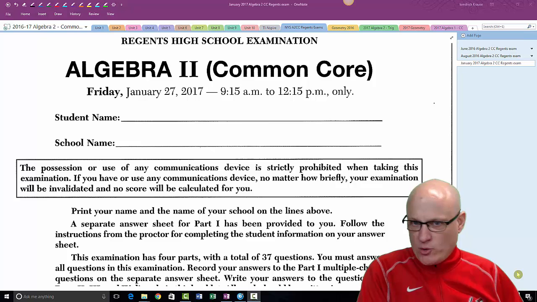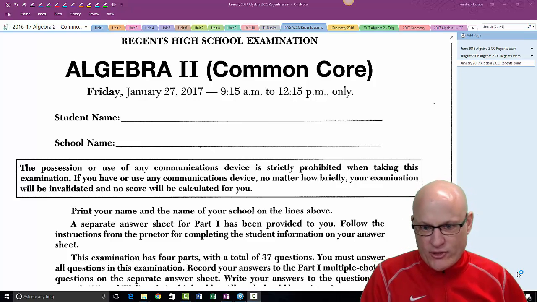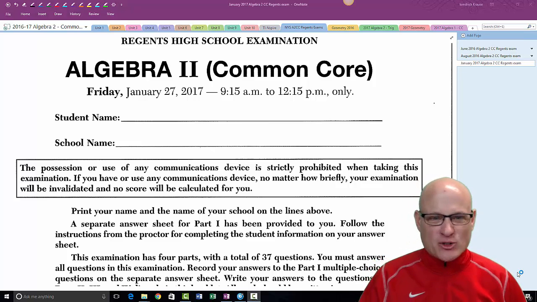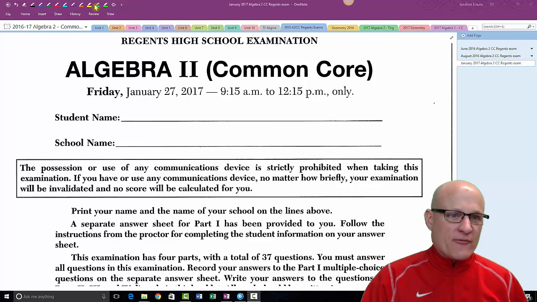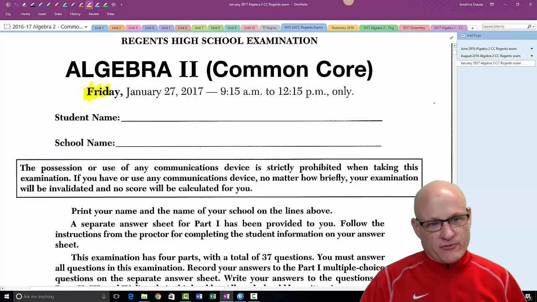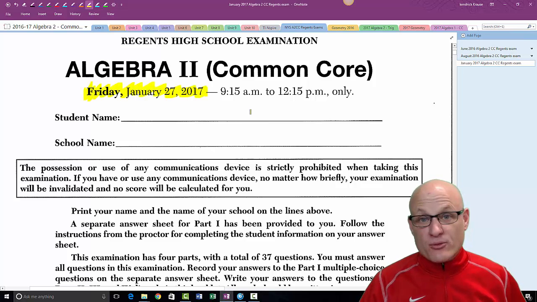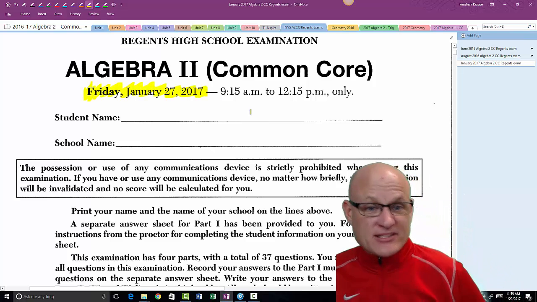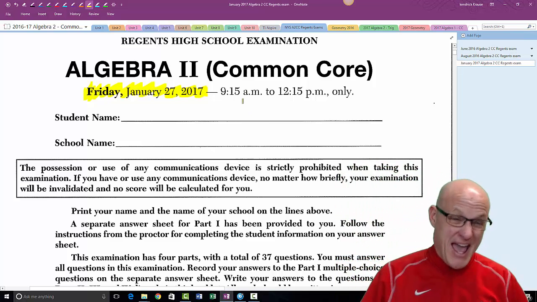All right, kids, my voice is still with me, so I'm going to try to get these ones done as well. This is the Algebra 2 Common Core. For those of you complaining that it's taking me forever to get these, I apologize. I'm recovering from the flu. Seems like I've had it for about 3 weeks. Missed actually a couple days of school, which was bad.